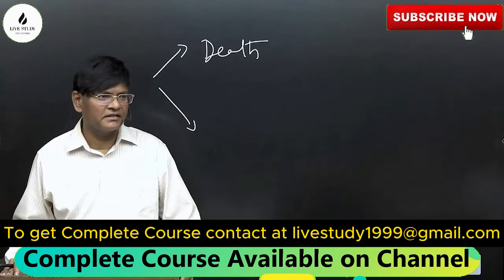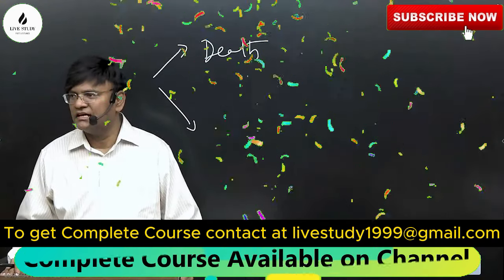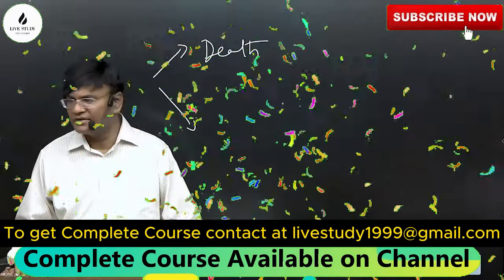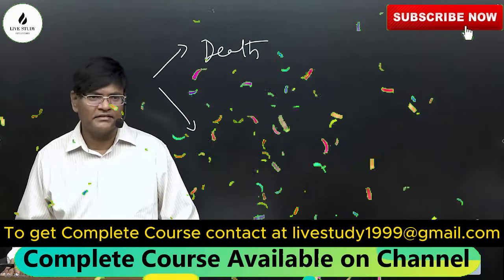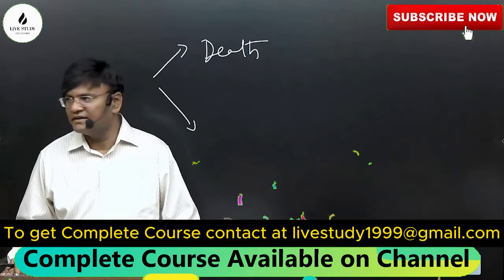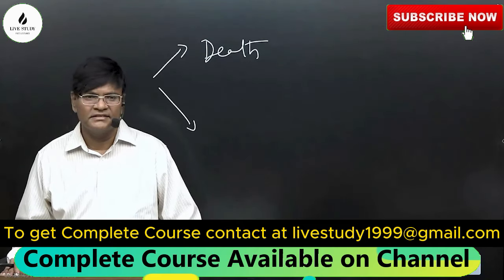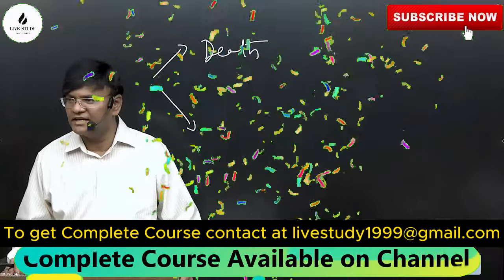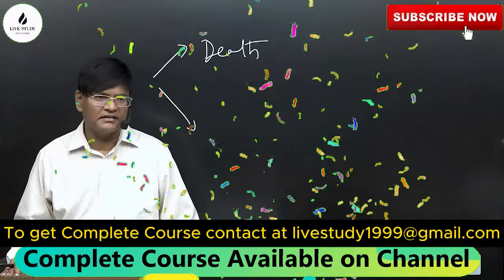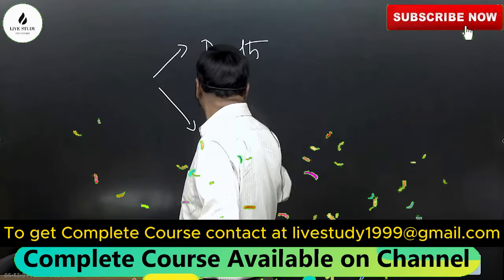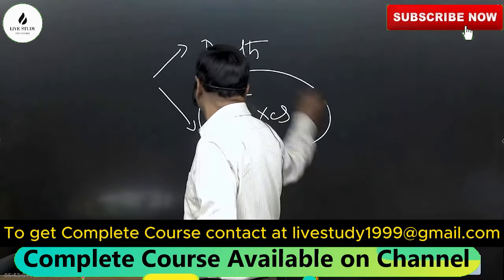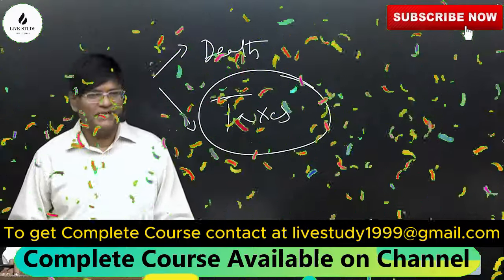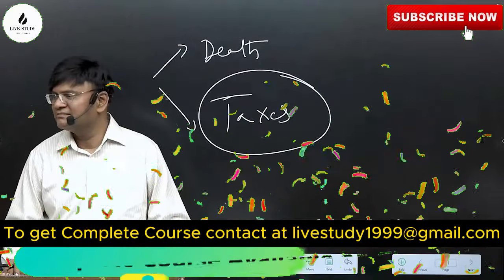Any person who takes birth has to die. Right? Is there any immortal person? Any person who has not died? Jesus Christ died. So did Gautam Buddha or Mahavir Jain. So did Guru Nanak. All of them have died. One thing that is inevitable after we take birth is death. The second thing they say is taxes. When you take birth, it means that you have to pay taxes.